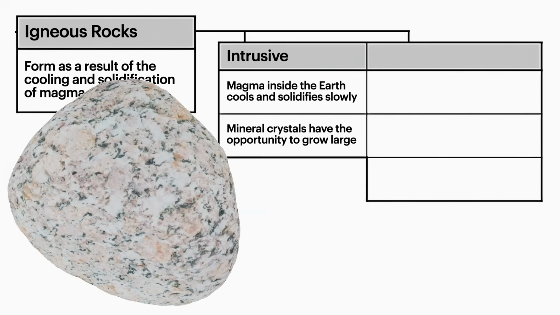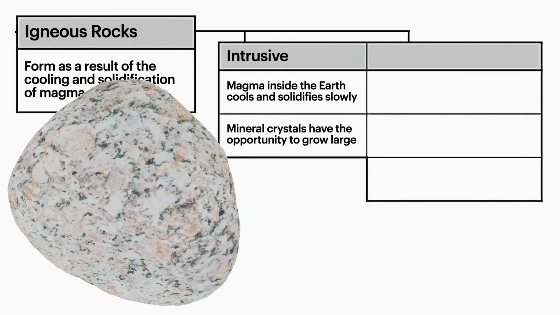Granite is an intrusive igneous rock. And I can tell because I can actually see the mineral crystals. Those specks of black, that's biotite. The pink is potassium feldspar. The white is quartz. And I can see those crystals, which means they're fairly large, and it must have formed